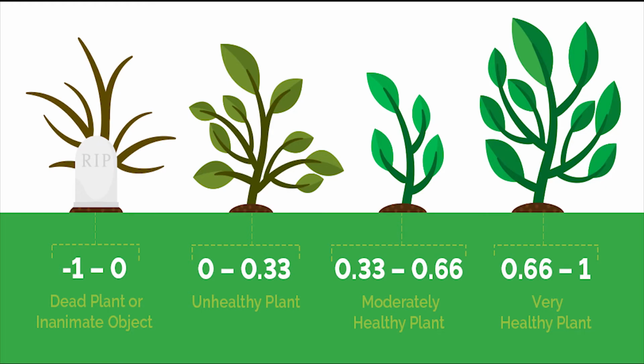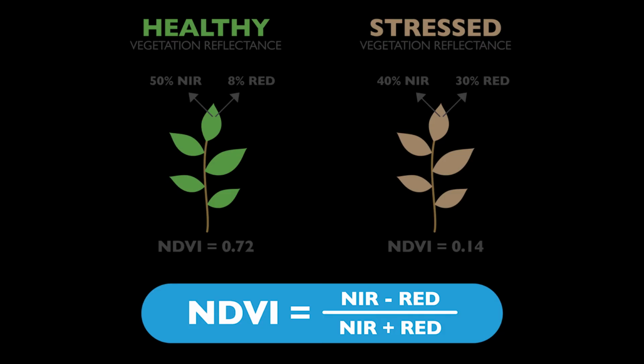The health of the plant will be calculated with the help of Normalized Difference Vegetation Index, that is NDVI. NDVI is a measure of the state of plant health based on how the plant reflects light at certain frequencies. When the plant becomes dehydrated, sick, or afflicted with disease, the spongy layer degrades and the plant absorbs more near infrared light rather than reflecting it.